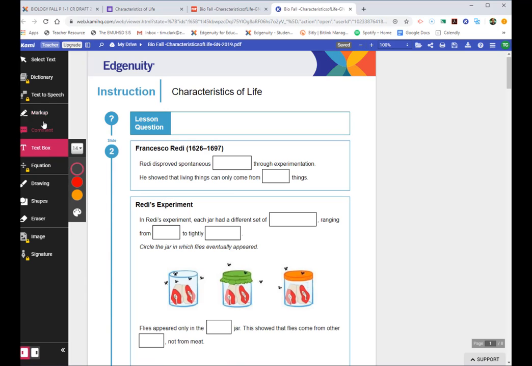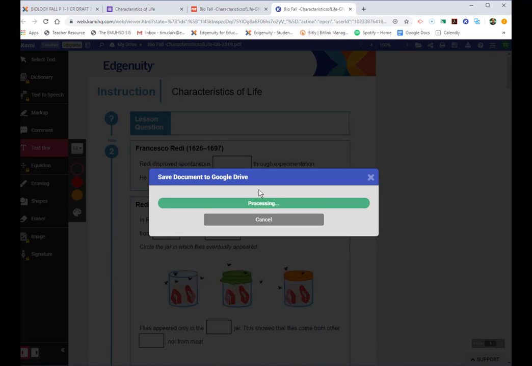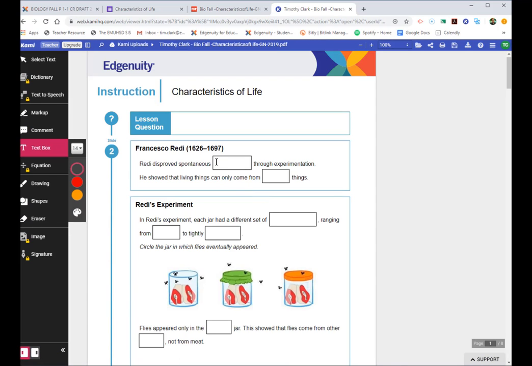And you have lots of choices. You can mark, you can comment, you can put a text box. Generally, you're going to be putting a text box. When you first click into the Kami notes, it will ask you to make a copy of those notes. So go ahead and create a copy. And once it's processed, you're now ready to take notes. So if I click in here again, I'll get a dialog box, and there I can type. I'm now ready to go back to my form,